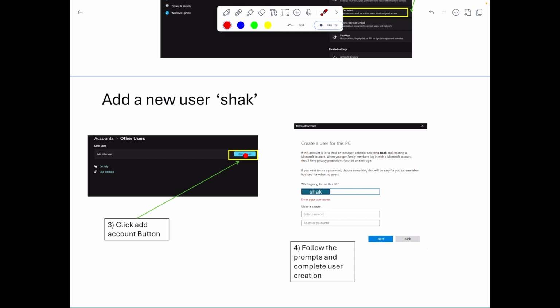Once you are in the settings, click on accounts, and then it will display other users. Go and click the other users menu item. Once you select other users, it will come to this window, and here you have an add account button. Once you click add account, it will prompt you